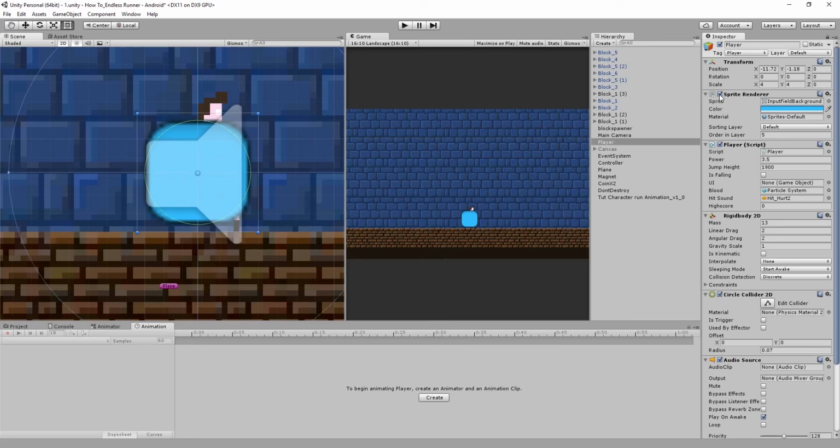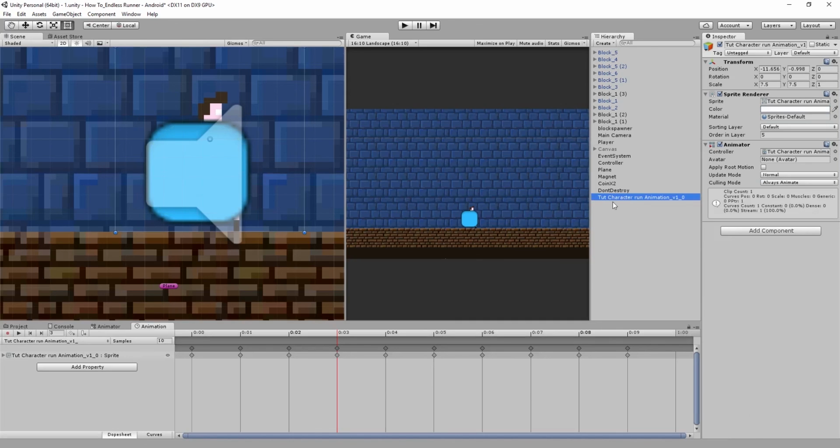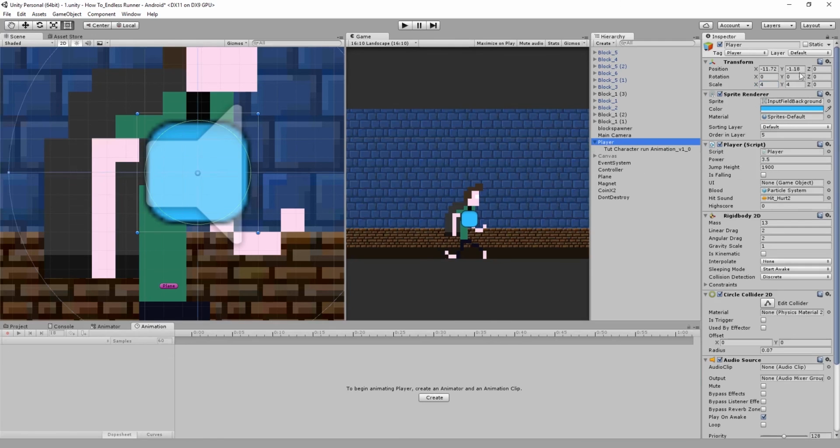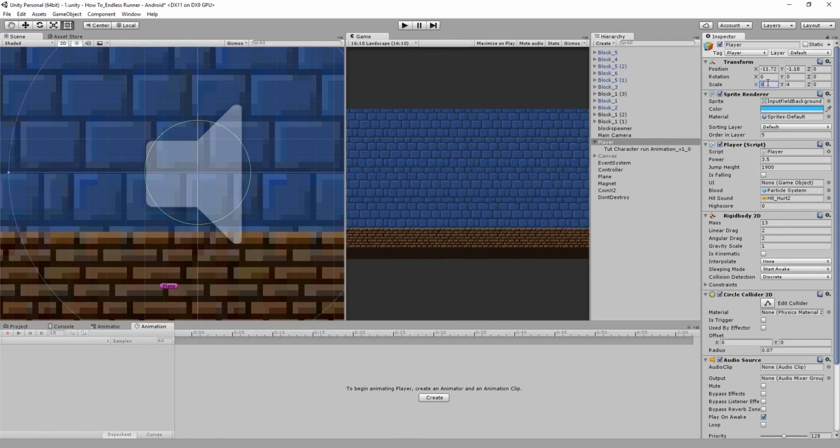We'll just turn off the sprite renderer on... actually, first we'll just grab our animation, and we will put it on our player. And as you'll see, it disappeared, and that's because its scale has become 0. So if we change this to 7.5, you'll see that it is much too big now, and that's because it's going to 7.5, but not from 0, it's going from 4. So we come over to here and just change this over to 0, actually, I mean 1, and then